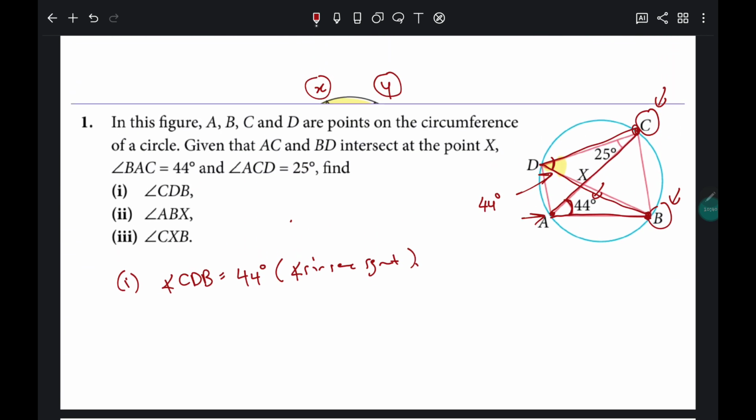Let's look at the example just now. We have solved part 1. If I were to